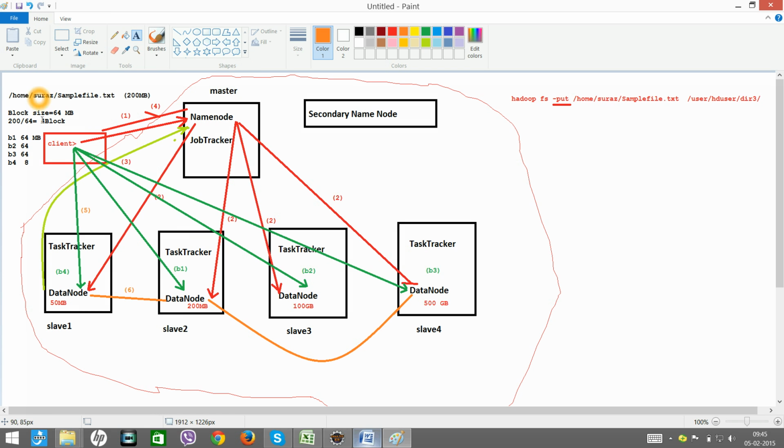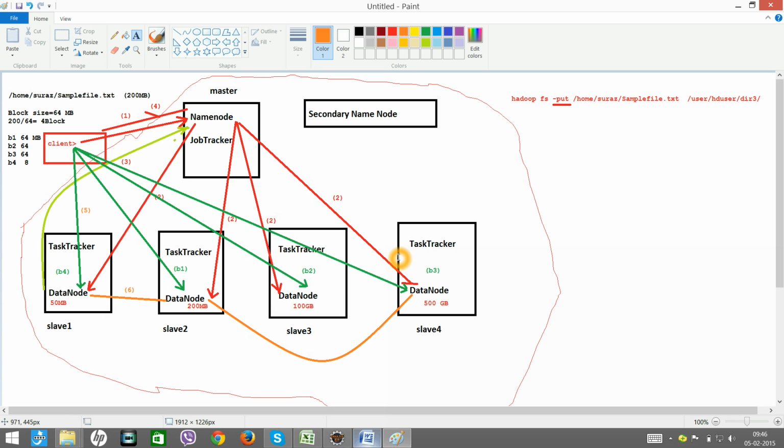Alright, so see, while writing the data from the client to these data nodes, the client will also tell the status of all the data nodes. With that information, the data node will do what? As soon as it has copied B4, it will start copying B4 somewhere else too.